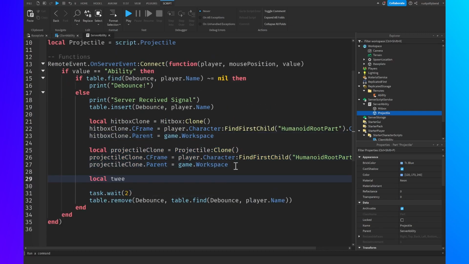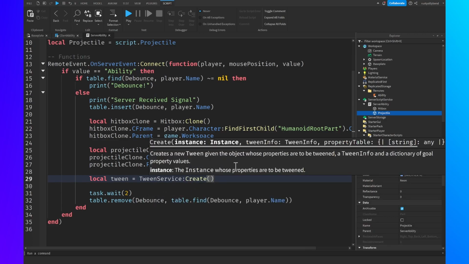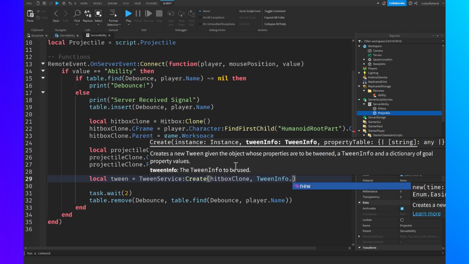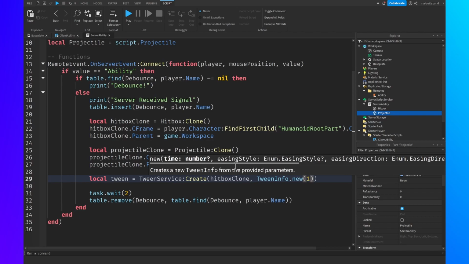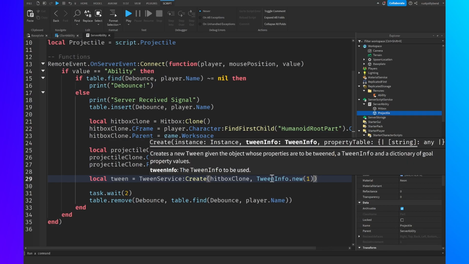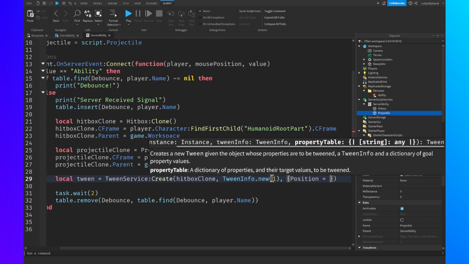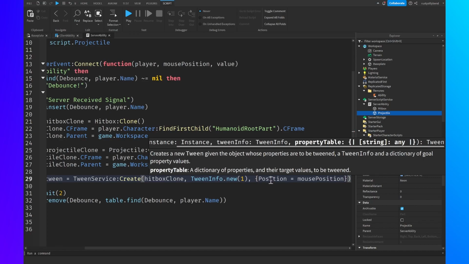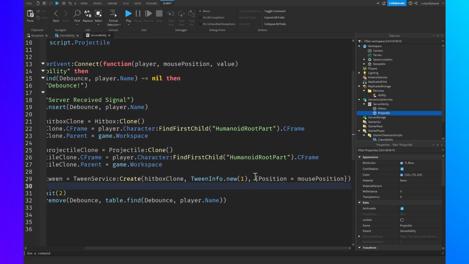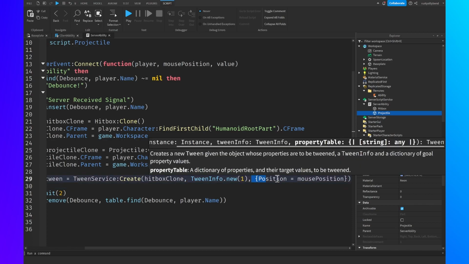We're going to be using our tween, which will be equal to TweenService:Create. And this is going to be our hitbox clone, comma, TweenInfo.new. This will take roughly 1 second. You can change that to however many seconds you want to. I recommend 1 though, so that we have a nice speedy projectile. Comma right there, and we say position will be equal to mouse position, just like that. That will basically redirect our clone's position to our mouse position